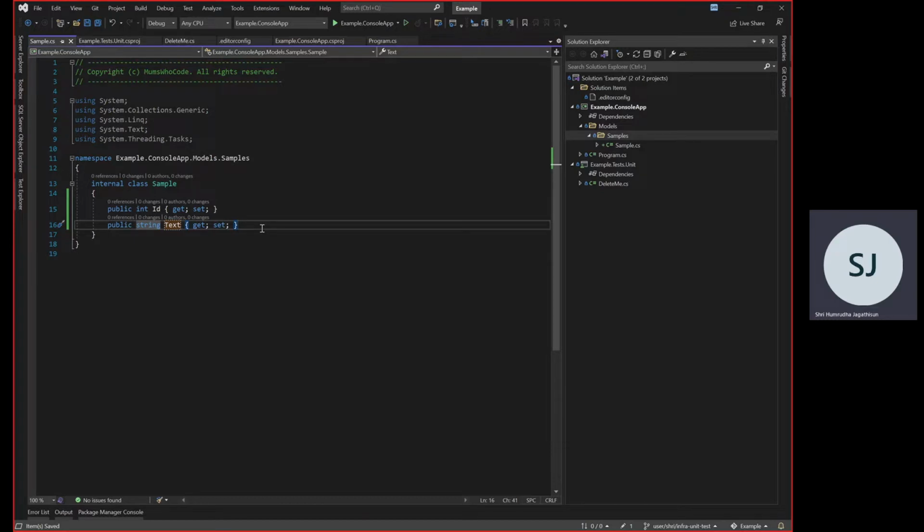So now I have my unique identifier, which I'm treating to be an integer. And then I have a random text that I'm going to create as part of this model, and that's going to take in the data type string. Nice. So now let me start working on the code that is required to save this model